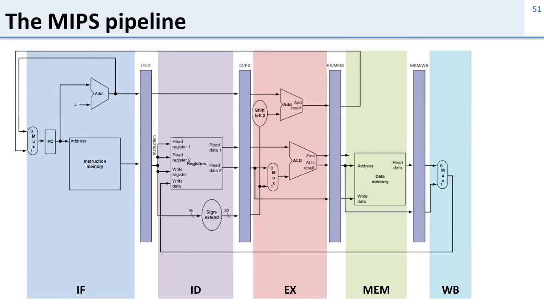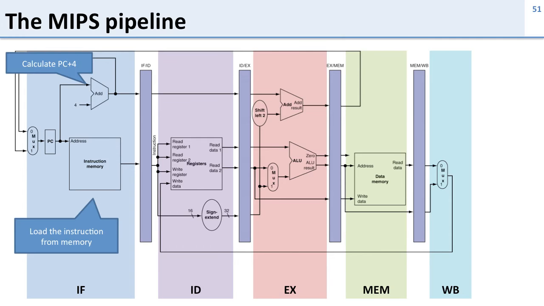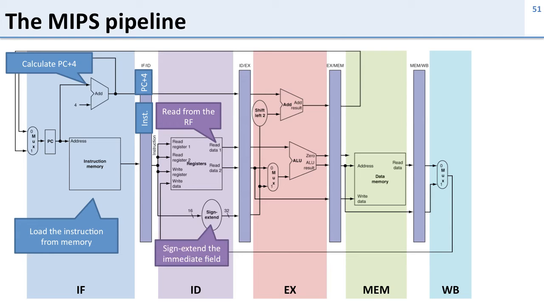So here's our MIPS pipeline with our 5 stages, and let's walk through again everything that's going on in the pipeline. So in the instruction fetch stage, we calculate the next PC and we load the instruction from memory. What we put in our pipeline register is that next PC and the instruction, and these are going to be used in later pipeline stages. In the instruction decode stage, we read from the register file and we sign extend the immediate field. And what are we going to store in our pipeline register? Well, the same PC plus 4 and instruction we had before, but we're also going to store the outputs from our 2 register file reads as well as the sign extended immediate,